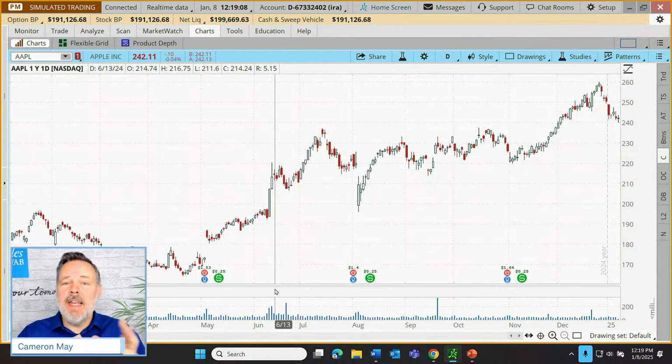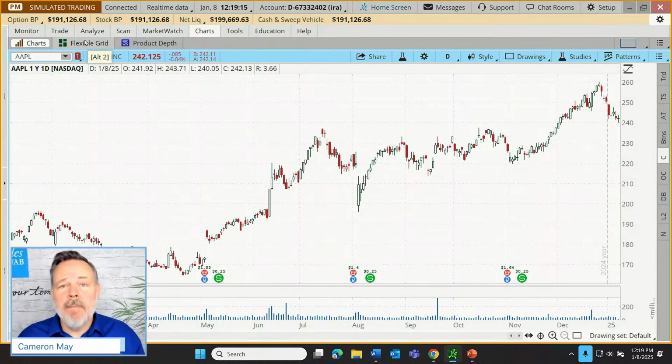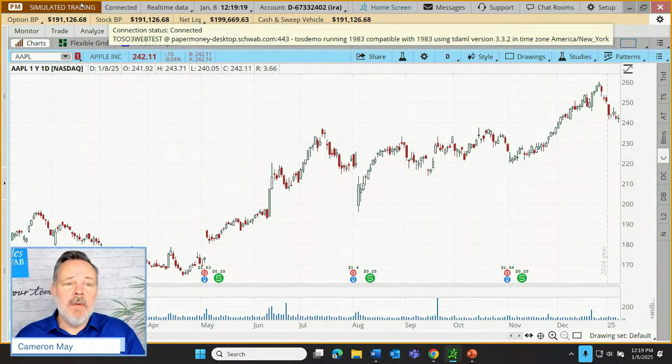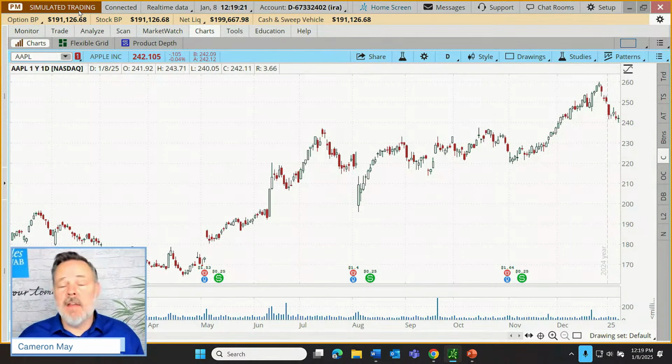And then the trader can get in here and explore, especially in their paper money portfolio, in their paper money account. When you log into Thinkorswim, you're asked whether you want to log into paper money or into your live accounts. Paper money is a simulated trading environment that has the vast majority of exactly the same tools as the live platform. So you can get in here and just start poking around. Learn these tools on your own, give priority where it's important to you, spend less time where it's not important, but I want to give you at least exposure to what these things generally do.